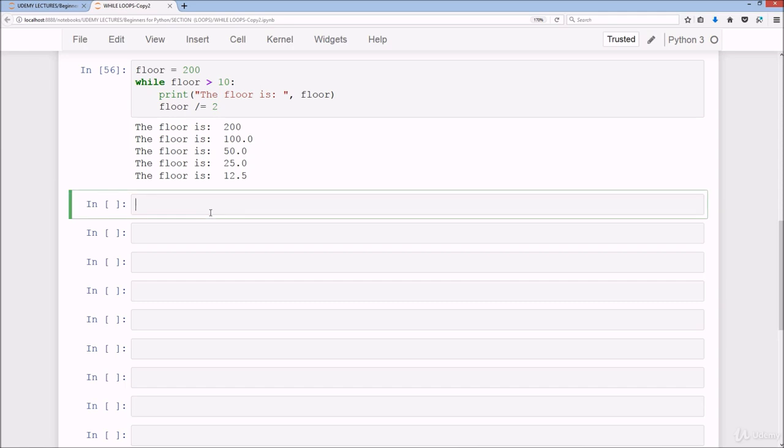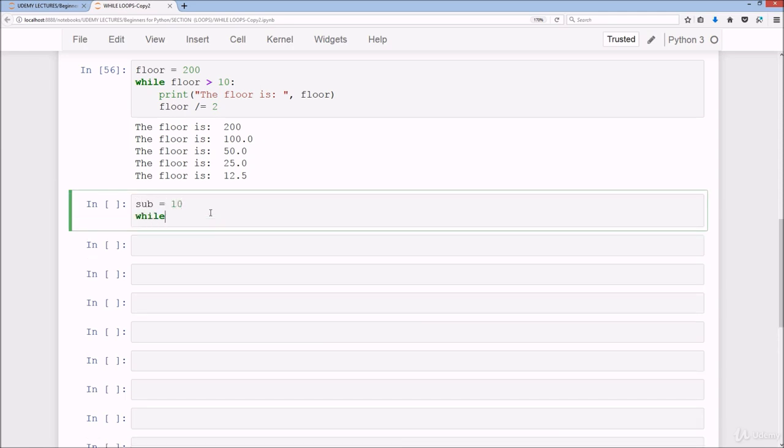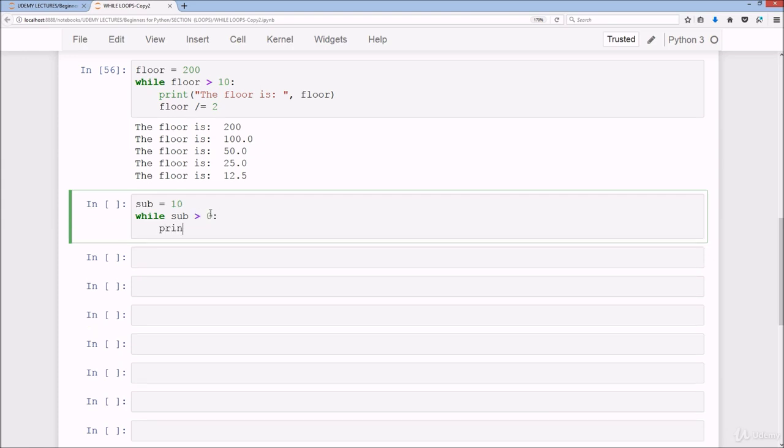And let's say we do subtraction, so we'll do sub equals 10, while sub is greater than 0, colon, print "count down to lift off in," then str(sub) plus "seconds,"